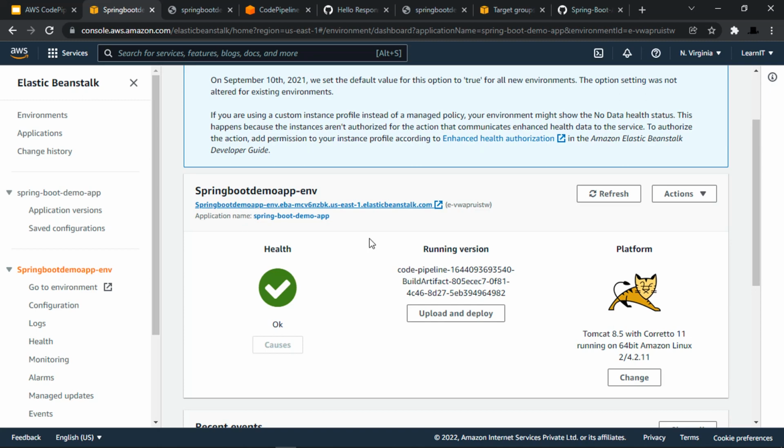So guys, today we covered the basics of AWS CodePipeline. We learned how to create a simple code pipeline with AWS Elastic Beanstalk as a deployment provider and GitHub as a source provider for a Java application. In the upcoming videos, we will learn about AWS SQS, AWS SNS, AWS Step Functions, Route 53 and many more